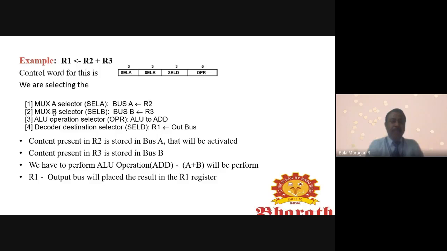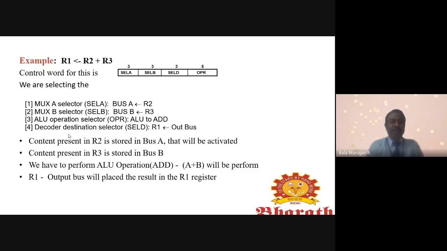Likewise, multiplexer B selector, that is select B, the content of R3 is stored in the bus B. And we are going to do the addition operation, that is, we have to perform the arithmetic logic unit operation, the add operation. So this A plus B, that operation will be performed.